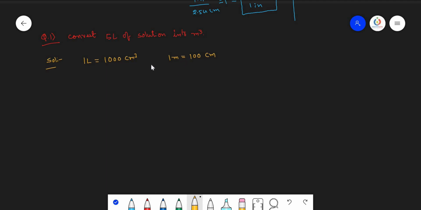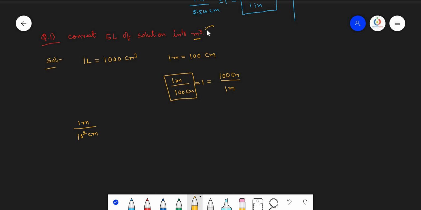Now let us take this particular one, according to which 1 meter by 100 centimeters. Let us convert this relation into the factor, equals to 1, that equals to 100 centimeters divided by 1 meter. But the value must be in the meter, so we take this particular factor. So the next step is 1 meter by 10 power 2 centimeters.